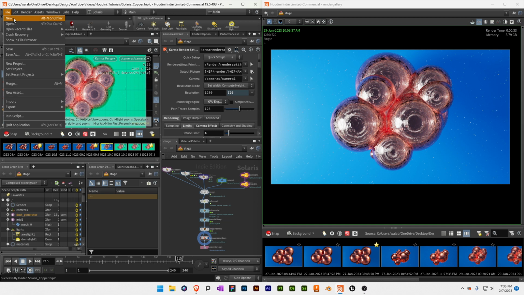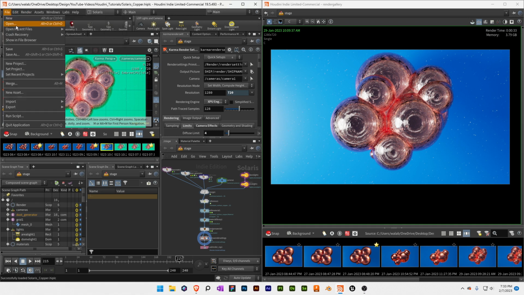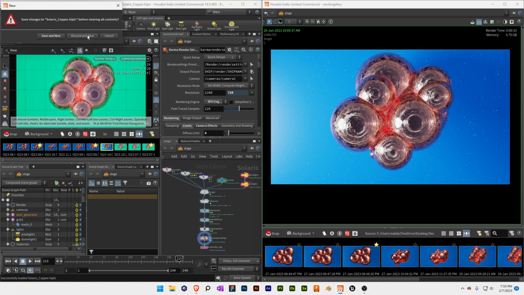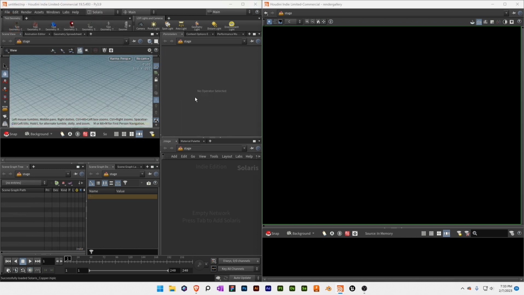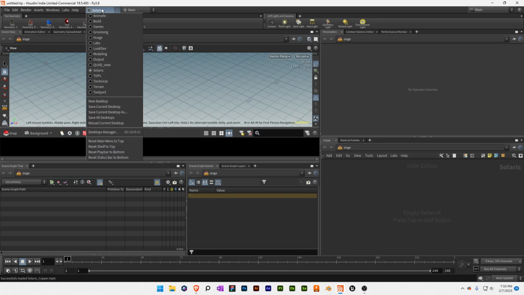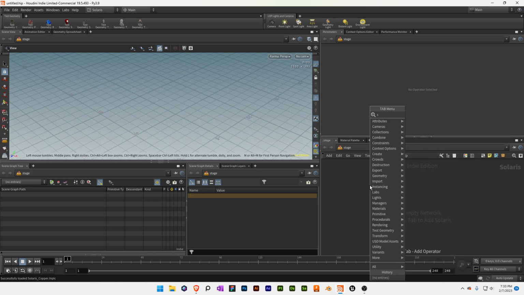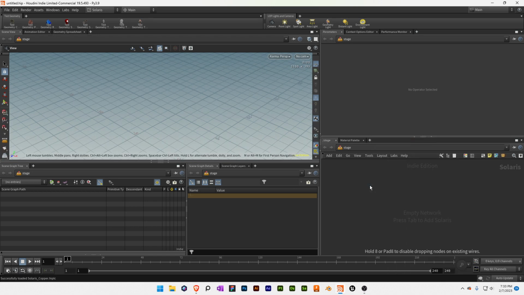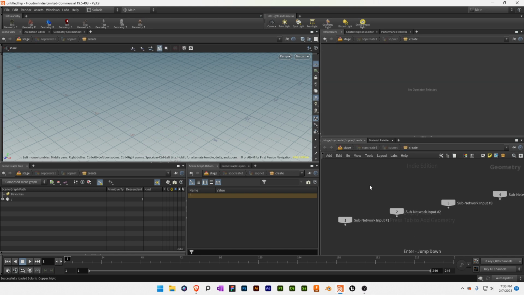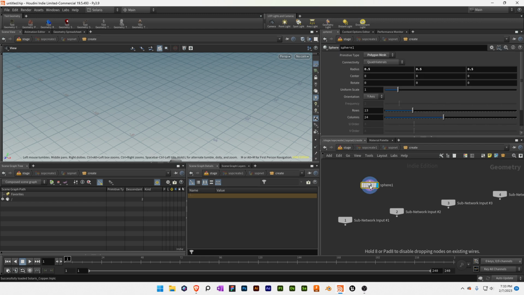So let's click new and save. Just do a new project and I'll discard that for now. Okay, so because I clicked new here, I'm already in the Solaris context. So let's begin by doing a SOP create and diving into there. Let's add a sphere